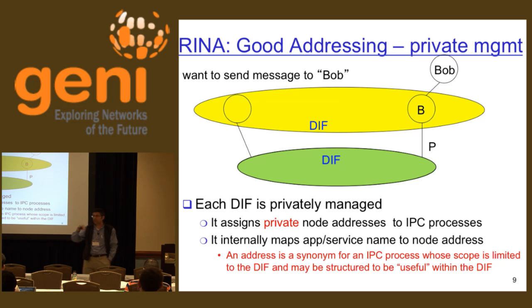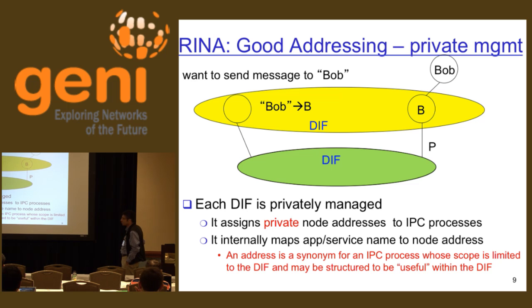So I mentioned that naming and addressing is not complete in the current internet architecture. Here, in some sense, we name processes, not interfaces. If I want to send something to Bob, this is an application name, the DIF layer will have to have a connection to B. B is the IPC process, the underlying IPC process to that application, that can get you access to that application. So the underlying DIF will support that kind of communication by mapping application name